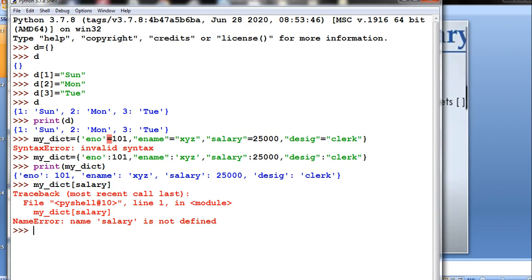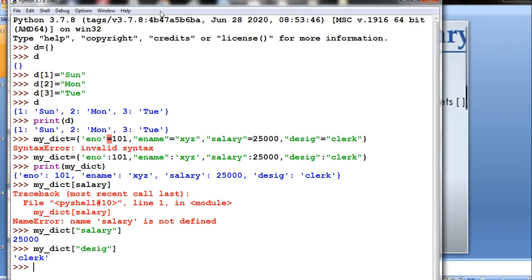Salary must be given in quotes, that is the mistake I have done, because your key is text. Key is a string there. Now suppose I want to print my dictionary's designation, what is the designation?